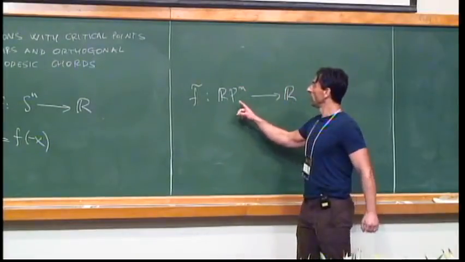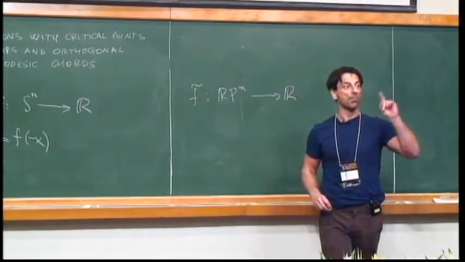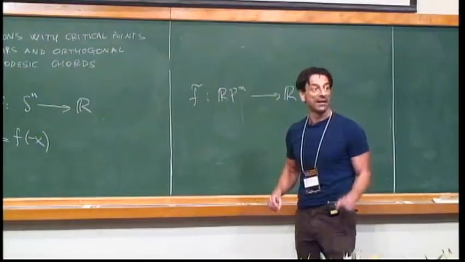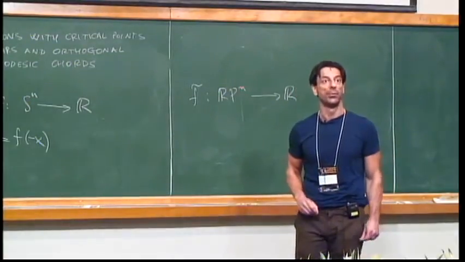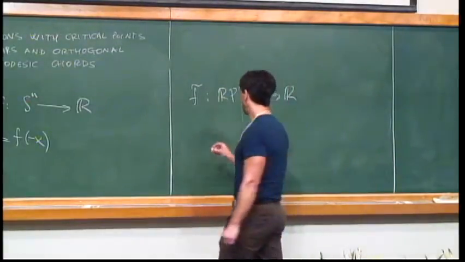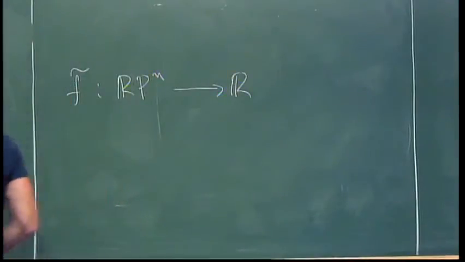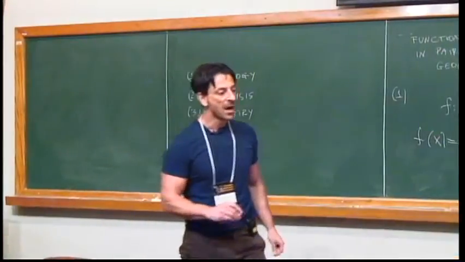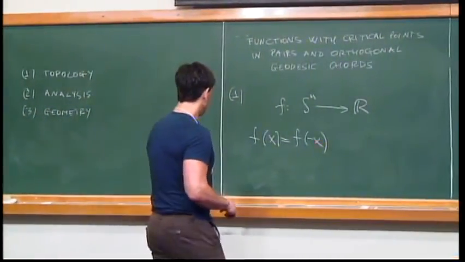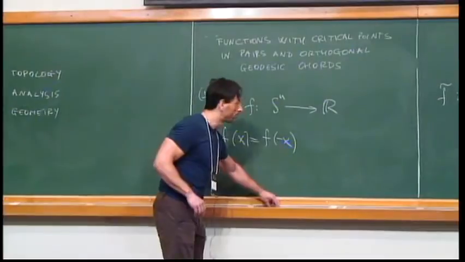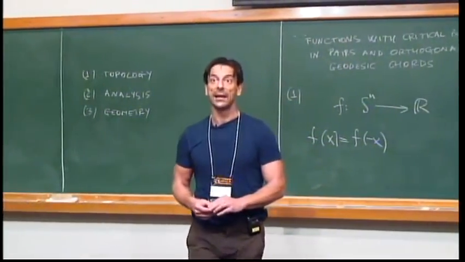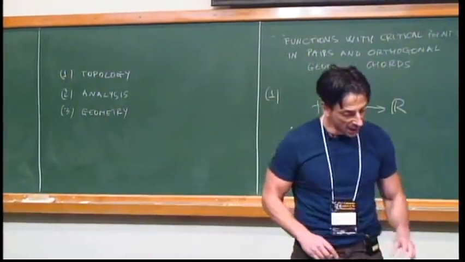And smooth functions on RP^n have a lot more critical points. They have at least n plus 1 critical points. So this function here must have at least n plus 1 critical points if it satisfies something of this type, okay? So I want to use this fact to prove a similar result in a slightly more general case, which is what I call the case of